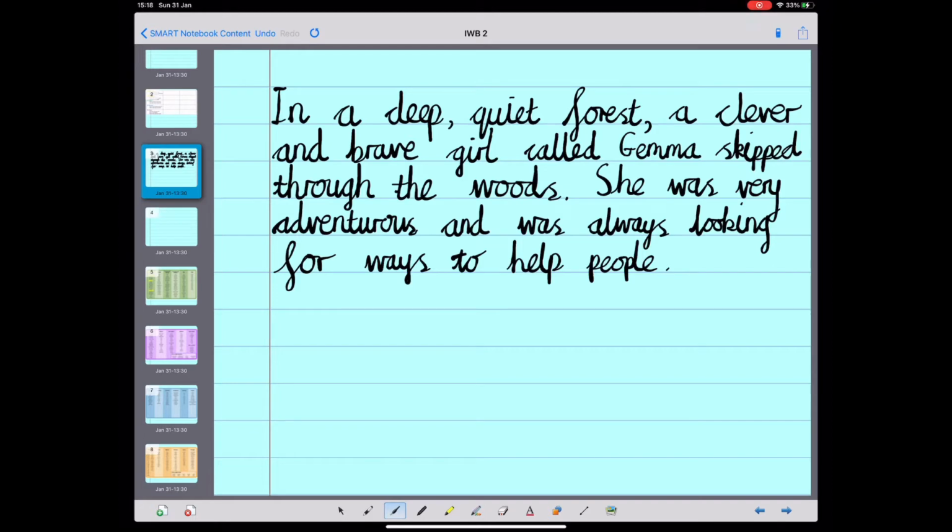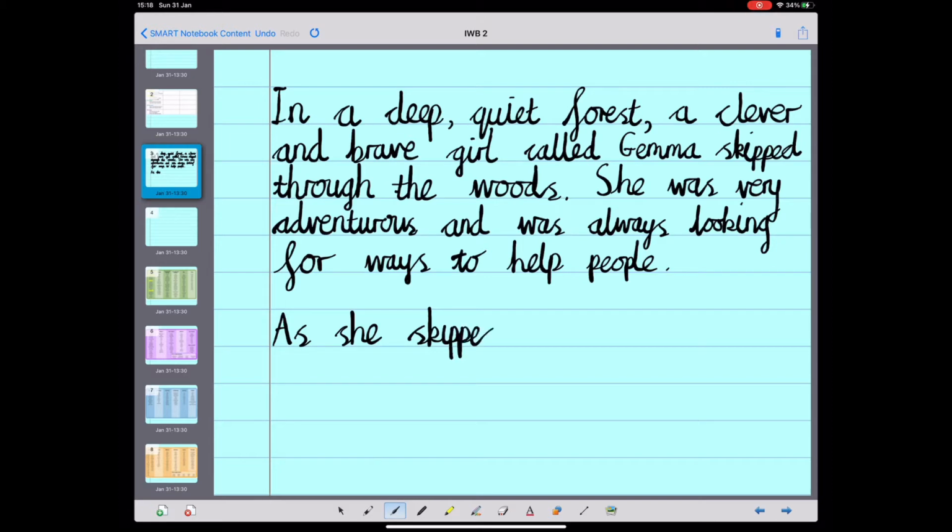Okay, right, now it's time to carry on with our story. So we've described the setting, and we've described our character, and we've used some noun phrases, some really good adjectives, and some good verbs as well to describe what they're like. So now we're going to move on to explaining what's going to happen in the story. As she